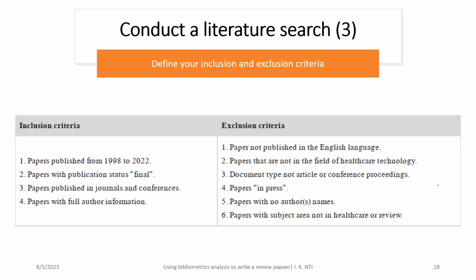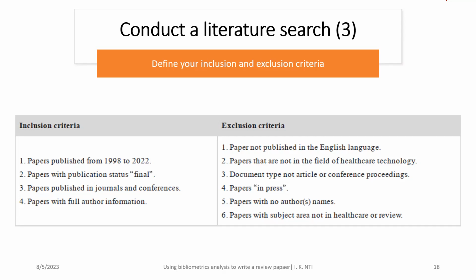Conference. And the fourth one, papers with full author information. So papers where the author information was not full, like for example, the author name or the affiliations were not there, we're not going to include. Why? Because don't forget that we are looking at the most prolific authors. We are looking at the most prolific institutions. So if the author affiliation is not there, how can we examine the productive institutions, and how can we examine